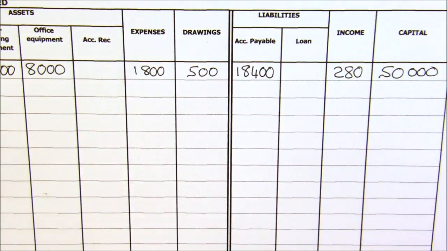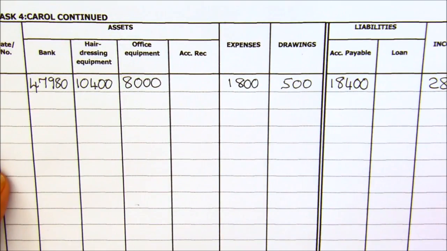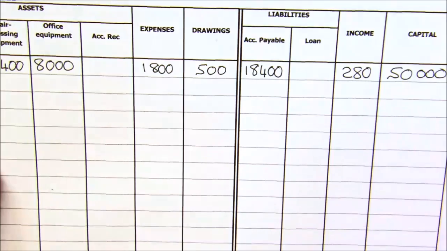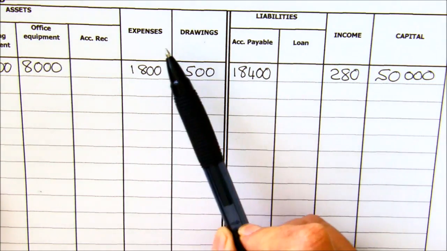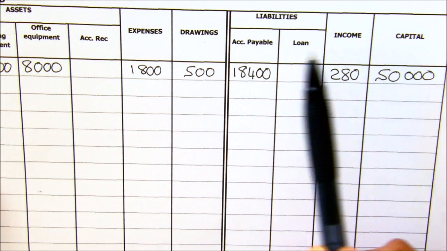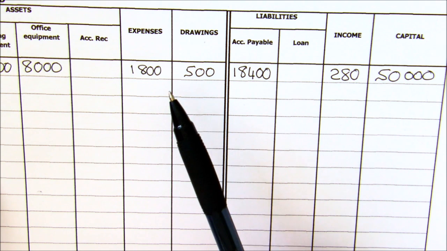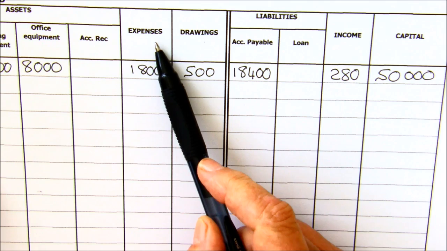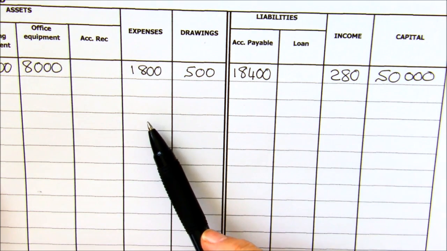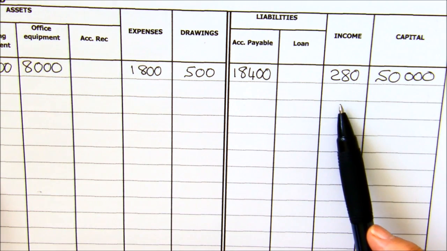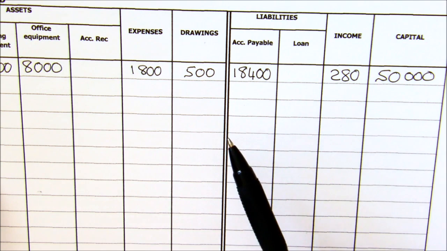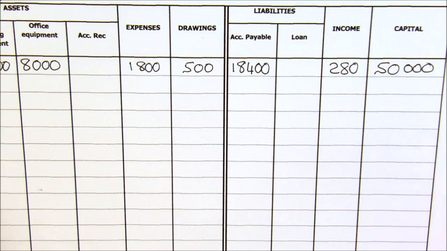So now we're going to do another exercise like we did with task 3, but this time we are splitting up the worth columns. So we've got separate capital and drawings, and we've got separate income and expenses. Now the reason for this is we're wanting to find out what our total expenses are, our total income, and so on. Right, so we're looking for a total of these income and expenses, so we'll be plussing in the